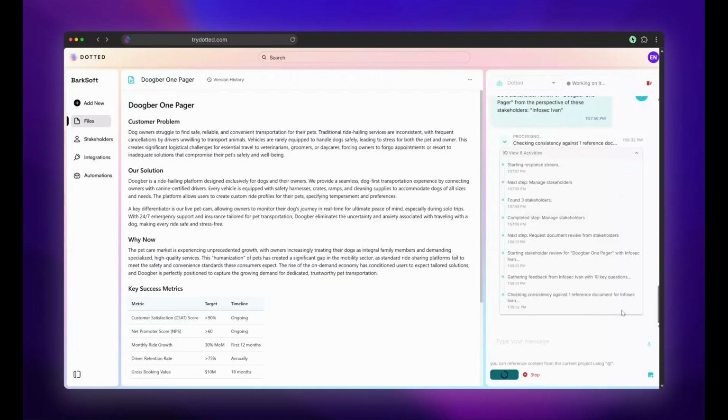Yeah, and so I'm just calling out here that Dotted is doing a lot of stuff on your behalf. InfoSec Ivan is really going to town on this document, and there's a lot of content inside of that InfoSec guidance. So it's just really having a lot of things to check. It's doing a very detailed job here. We should have results in just a moment.